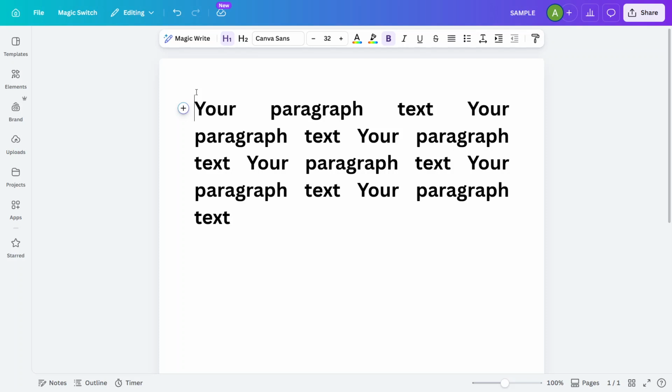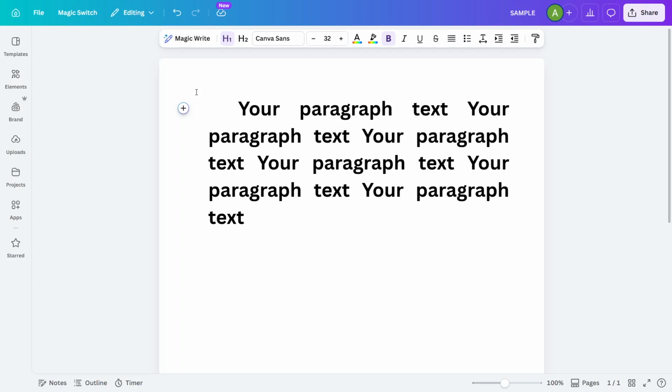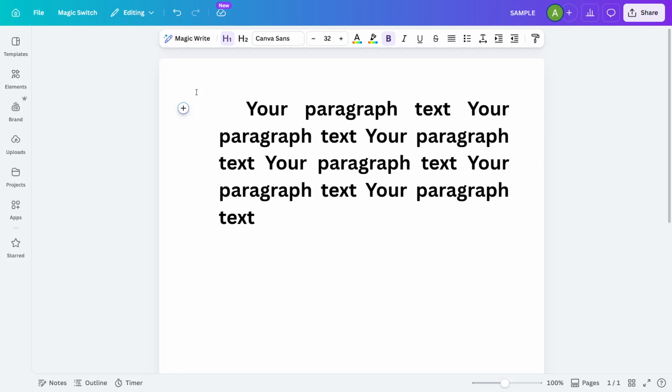With your cursor in place, press the space bar or the tab key on your keyboard. As you do this, you'll see the text move to the right, creating an indent. If the indent is too small, simply press the space bar or tab key multiple times until you're happy with how far the text has shifted. Take a moment to zoom in if needed, just to check that everything looks aligned and consistent with the rest